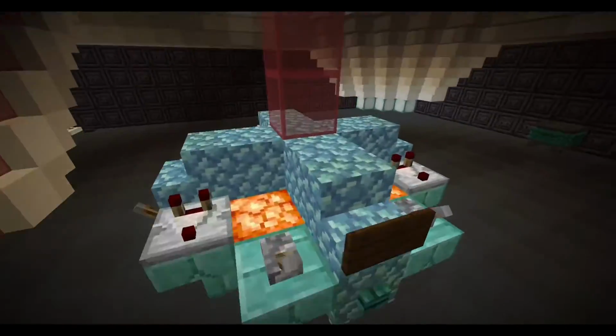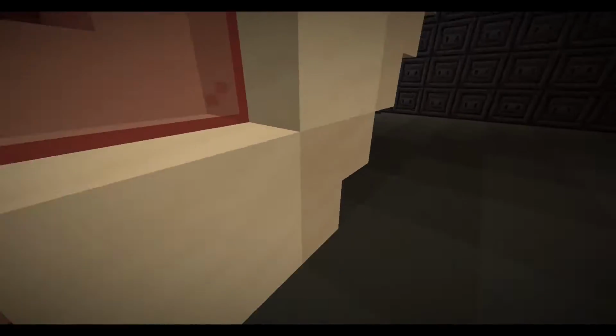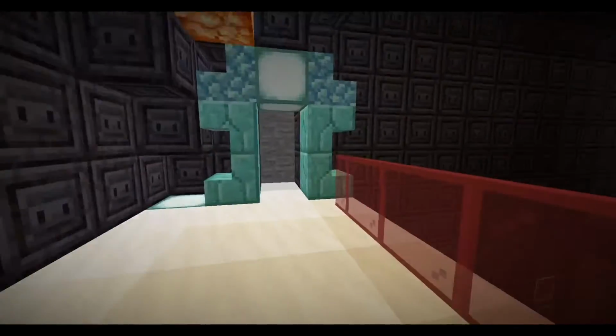None of these controls obviously will do anything, and none of these doorways lead anywhere. But yeah, we just have this now, and what you want to do is just come back to your actual interior,